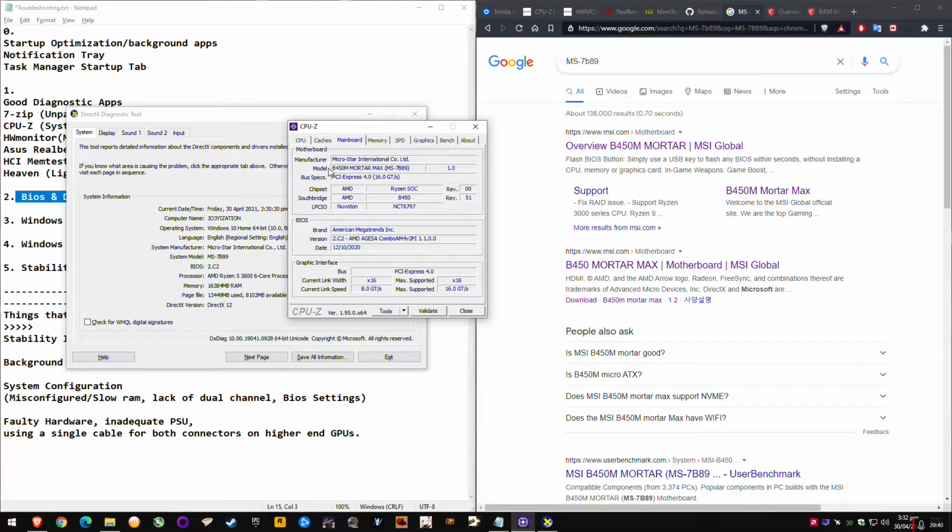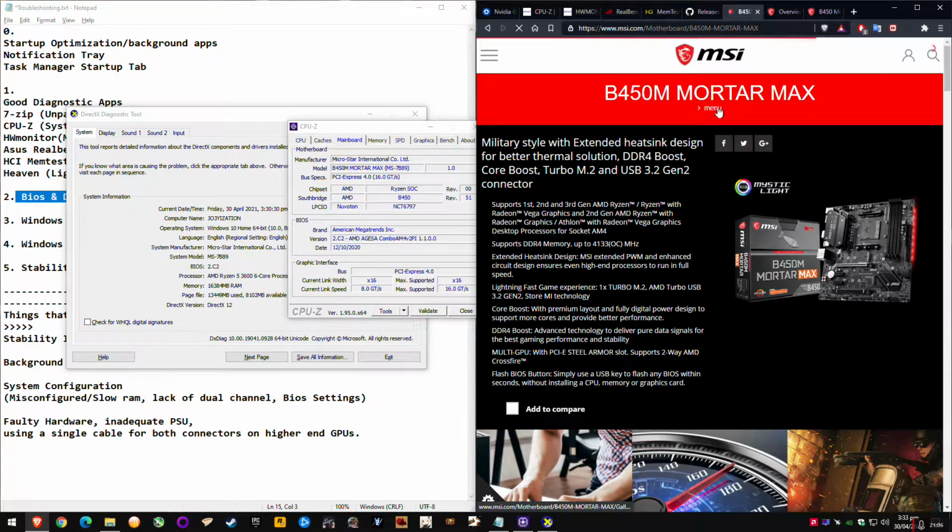So that's why you're a lot safer going by the model number than by the model name, rather than the model number of MS7B89, which is shared between two different models. So that's where it's important. And then looking at the BIOS version, we've got the date, which is not shown here, and then we've got the 2.C2 AGESA 1.100. So when I go to my Mortar Max support page, because this is why it's important,